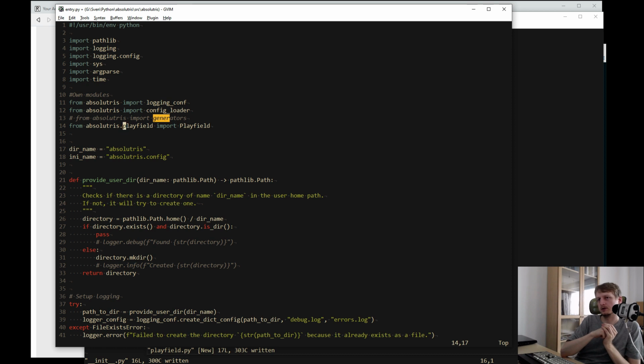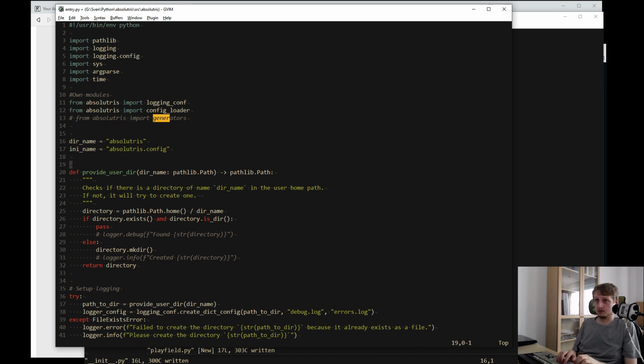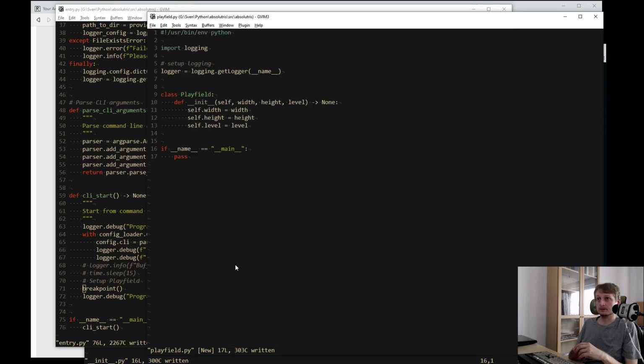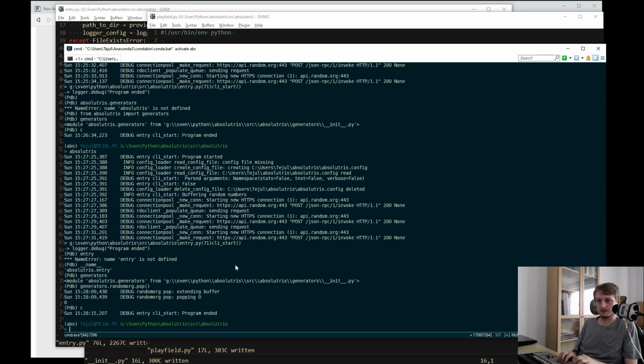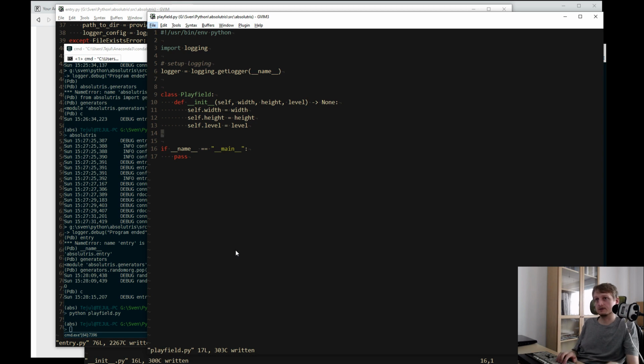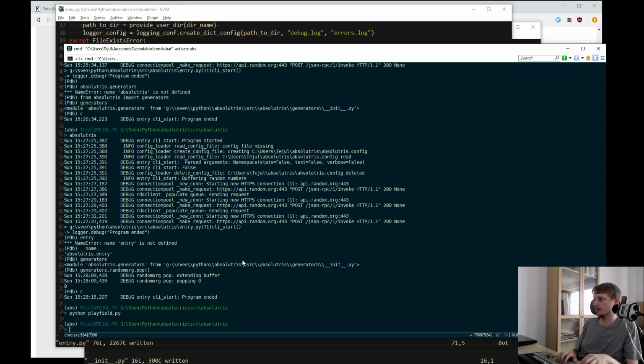Will this even work? I have no idea. Let me check what the import procedure must be. So I have defined a module playfield, which is here. It should work. Let me check if it actually does. It does work. There are no errors. So playfield is there.